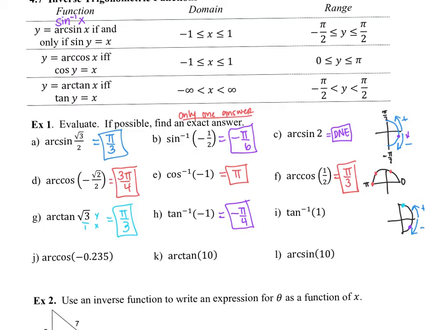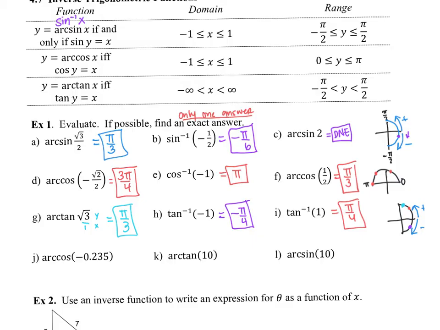Okay, and then if the inverse tangent is positive 1, I'm thinking positive root 2 over 2, positive root 2 over 2, which is up here. Since I'm going up, this is going to be positive pi over 4. Okay, the last three are mixed up, but we are going to try them in our calculator